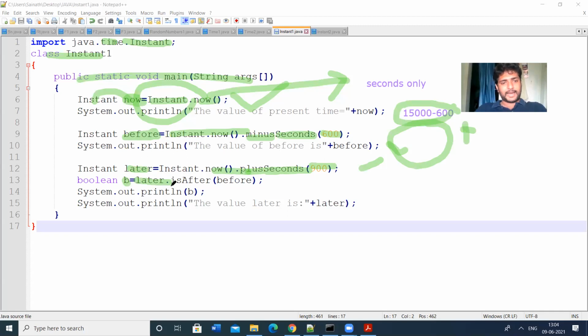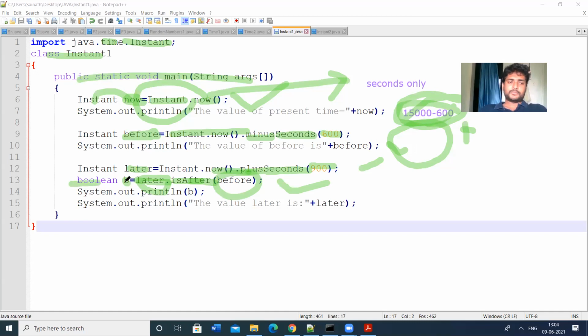So I am comparing later with before. Before time is this one. Later time is plus 900. So those two times are compared with isAfter.